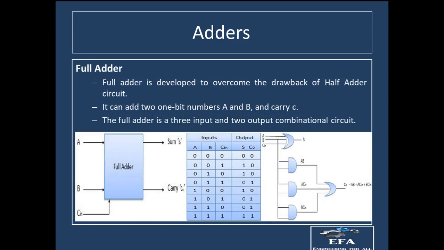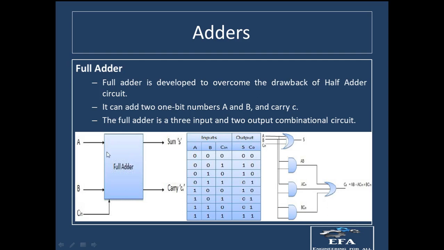When we talk about the full adder, it is a type of combinational circuit which is responsible for adding more than two bits, or we can say at least three bits it can add. So how is it possible? Suppose we are having a 2-bit number A and a 2-bit number B. Let us say that A is equal to 1 1 and B is also 1 1, and if we have to add them, then 1 plus 1 will give us 1 0. 0 is taken as sum and 1 will be taken as carry. On the second level we will be having three ones which have to be added. So in that case the carry part will come into play.